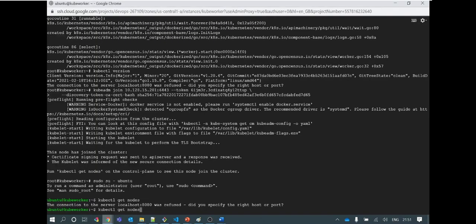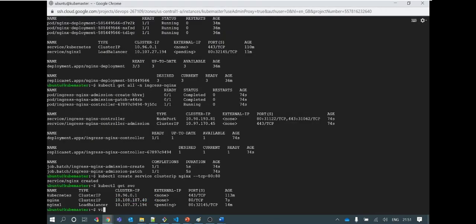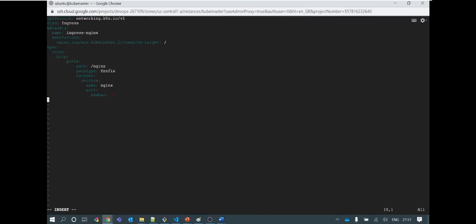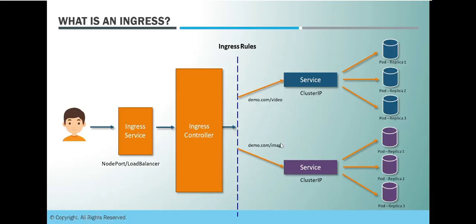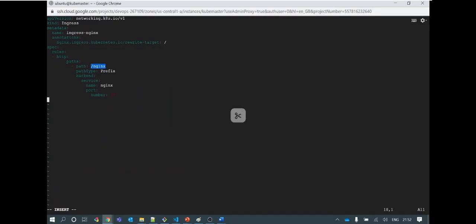So let's go and create this ingress file on the master, ingress.yml, and it is clearer, so I will explain here. These rules have a protocol type and then paths. This needs to have paths, and paths is again a list. In paths I can add multiple paths, like for image I can have image here, and another path I can add like video. If you go by the example here, one is image, so this can be considered as image, and I can add one more path, append here, and add /video.